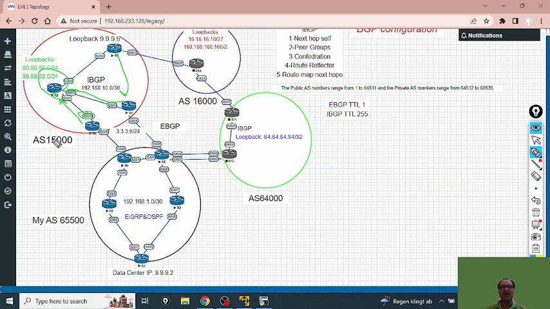Because we don't have any AS in IBGP. This is the problem of IBGP. So what shall we do? There is a two-way that we can fix this problem. The first way is says that configuration. You can make each two routers